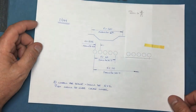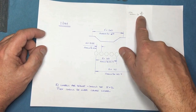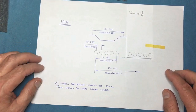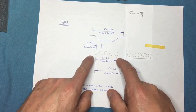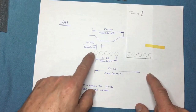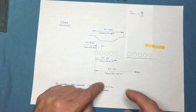Now I've done a CAD drawing here, which shows you what I'm talking about. My 1/144th person here with 2 abdomens is for something else later on. You'll see in a minute. So basically, I've looked at the pitch of the wheels, the pitch of 5 wheels, because it should be 2 bogies of 5 wheels, and then the overall length, the distance between the centres of the 2 outer wheels. So the kit, it should be 100.7 millimeters in